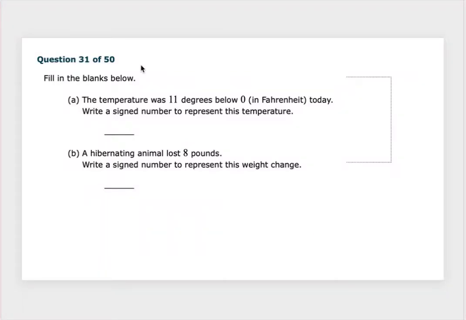Pre-algebra students, we are here with a PowerPoint and video review of chapters 1 through 5. What you're looking at right now is the chapter 4 and 5 review, which I am putting on first because I think that some of you who are still having some issues with chapter 5 will find it beneficial to have just a little bit more instruction on chapter 5 concepts. So I'm putting this one on first, and then I will go back and make a video for chapters 1